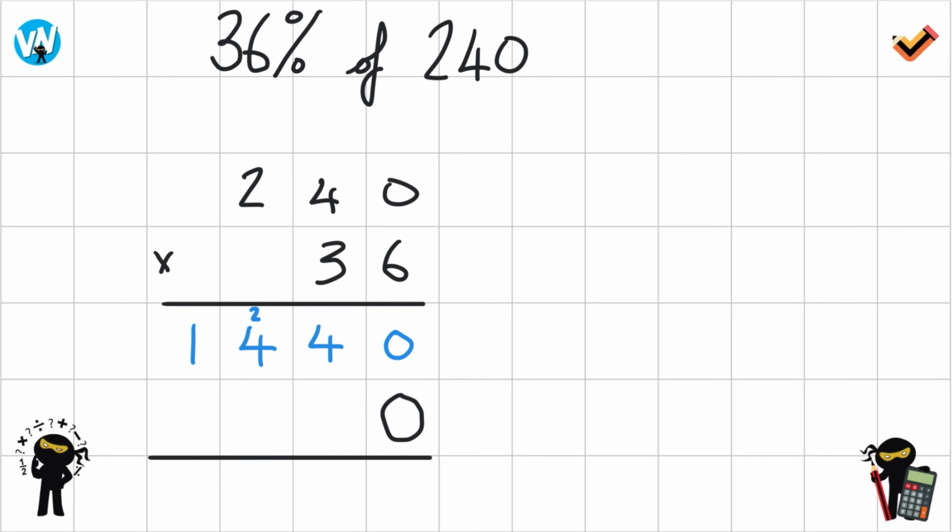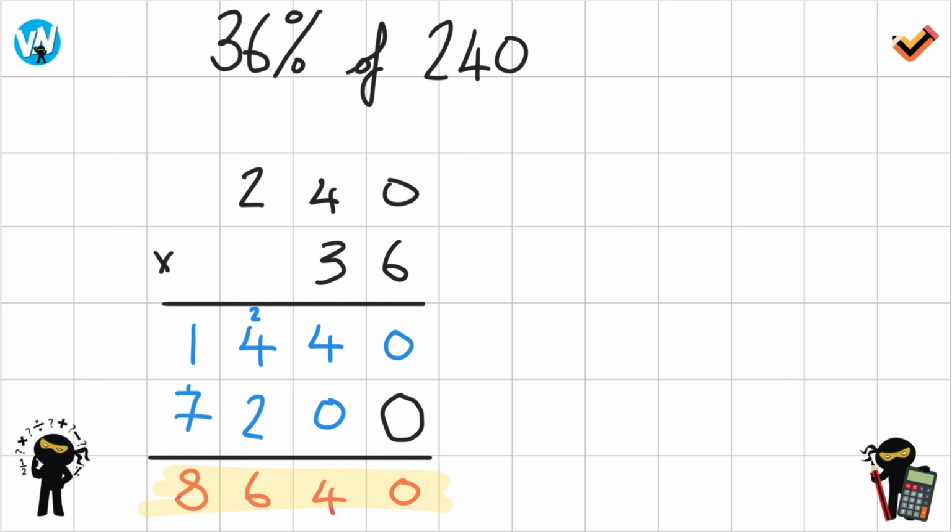So 3 times 0 is 0. 3 times 4 is 12, carry the 1. 3 times 2 is 6, add the 1 is 7. So there we get to that very, very simply. And then we're going to add them up, aren't we? So we've got 0 add 0, 4 add 2 is 6, and then 1 and 7 is 8. So straight away we can see this number coming together. This number now,